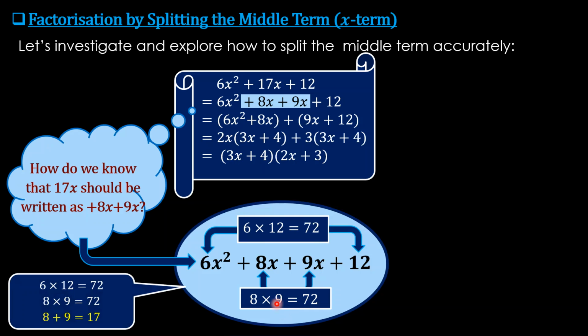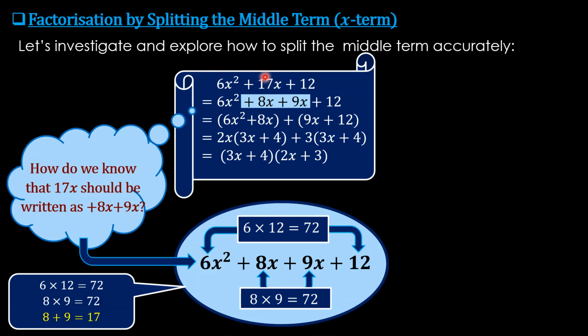So 6 times 12 equal to 72, 8 times 9 equal to 72 as well. But there is another important part, which is 8 plus 9 equal to 17. So this 8 plus 9 has to be the same as the 17. So the product of this term and this term is 72: 6 times 12 equal to 72, and 8 times 9 equal to 72 as well, but 8 plus 9 equal to 17. So these are the three conditions